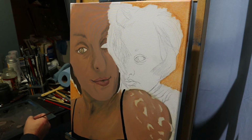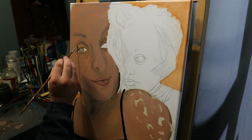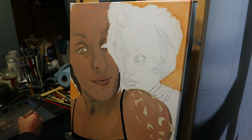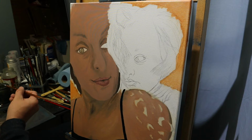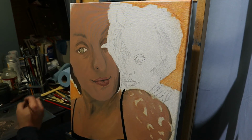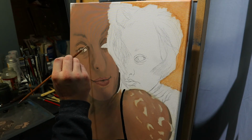we've got lots of different skin tones we're messing with here. Make sure I'm not getting anything too dark. Now we're just going to come through some darker lines like this, and I've got a flat. This is a very small flat brush, and what I can do here is just put those little eye shadows on. We can come through, and this actually gets pretty light right there. I come through, it's almost like a coffee color. Don't want that too dark, so I'm going to come back with my skin tone, tone that down a bit,